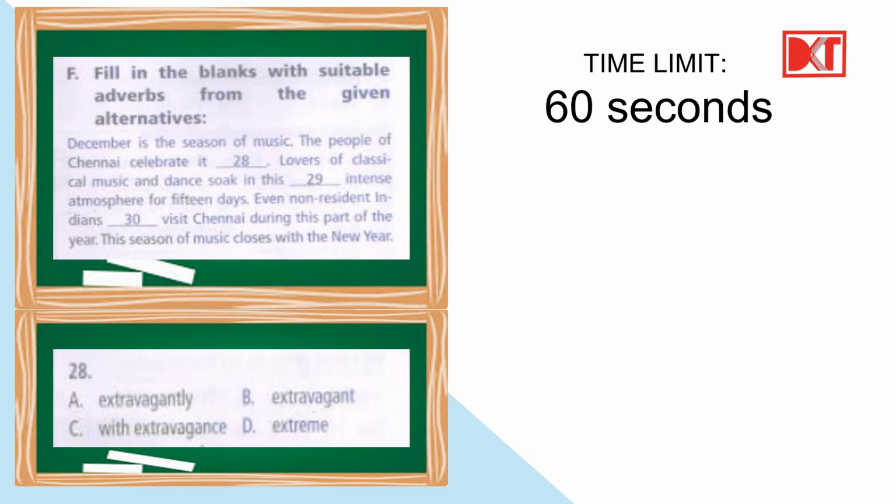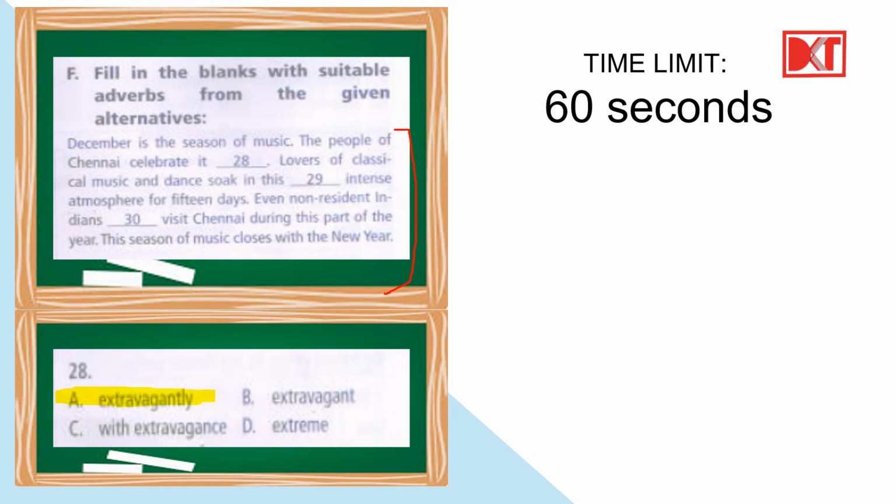Alright, so here what we have to do is fill in the blanks with suitable adverbs from the given alternatives. There's a paragraph given and we have to fill in these blanks. December is the season of music. The people of Chennai celebrated dash. A, extravagantly. B, extravagant. C, with extravagance. Or D, extreme. Here the correct adverb is A,